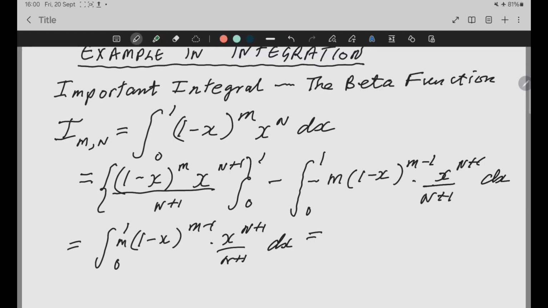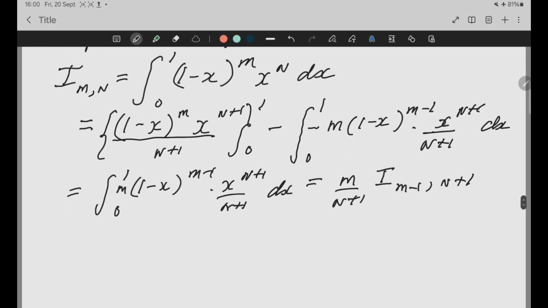Yes, there we go. You can denote that as m over n plus 1 times I_(m-1, n+1). Right, now you can apply that same recurring formula, instead of to I_mn, to I_(m-1, n+1)